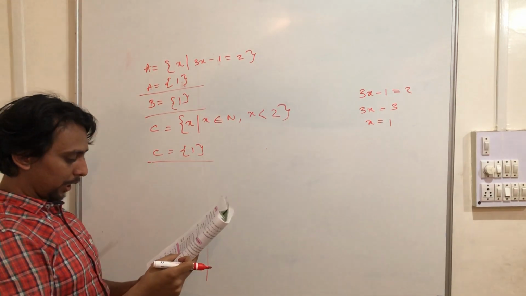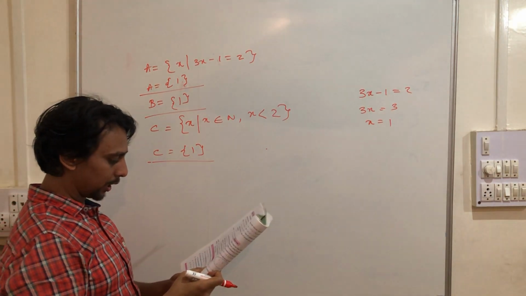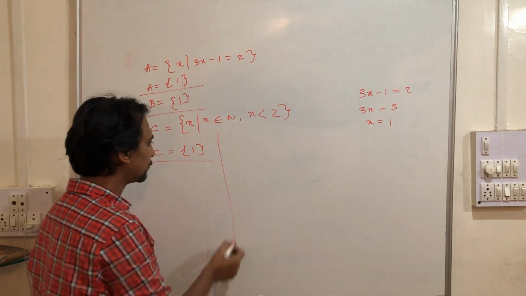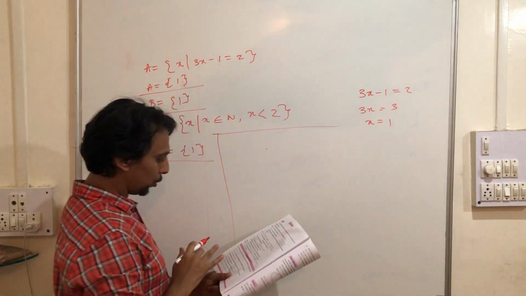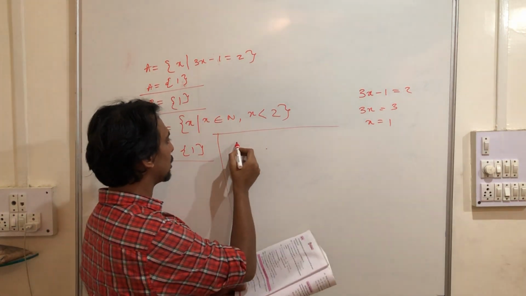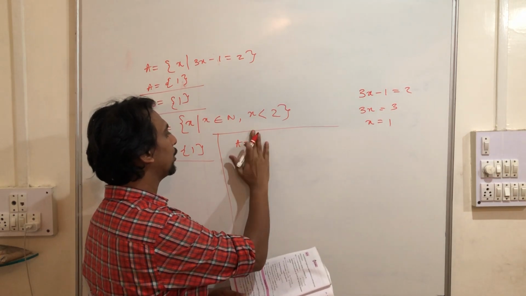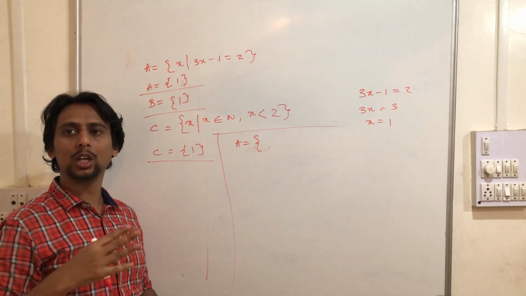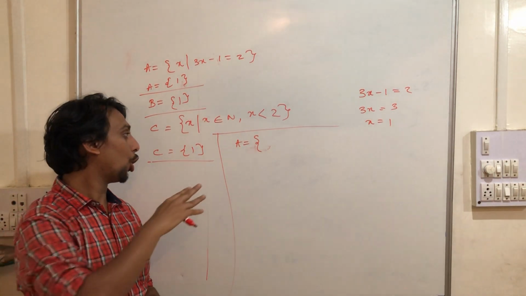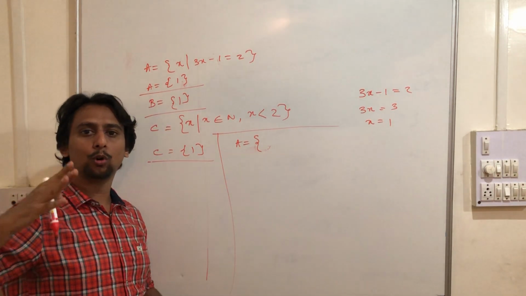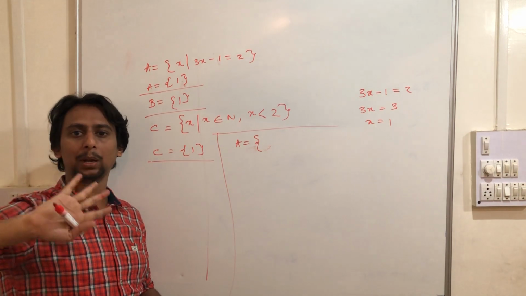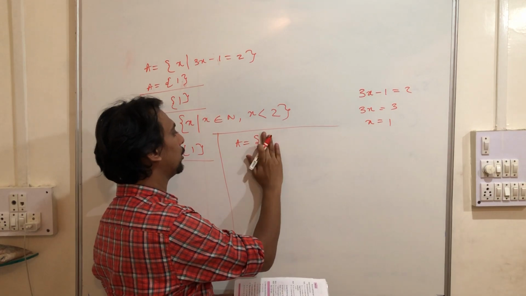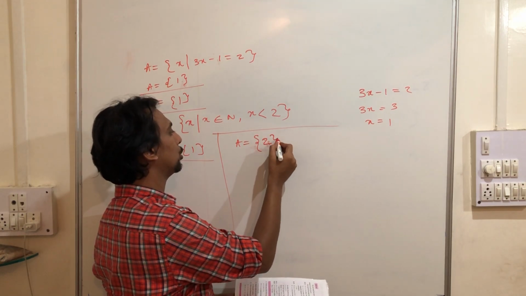Okay. Next question. Decide whether set A and B are equal. Give reason for the answer. Again, A is equal to even prime numbers. So A is equal to even prime numbers. 2 is the only even prime number because all the other even numbers are divisible by 2. 4, 6, 8. So no even number will be prime except 2. So here you have to write only 2.